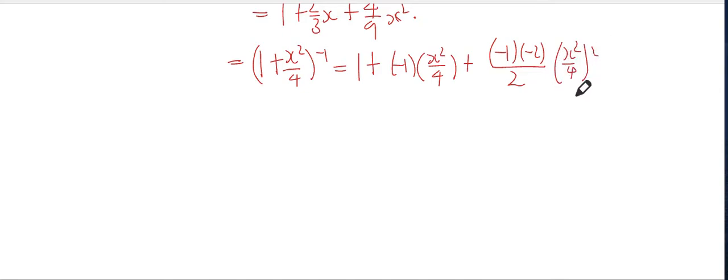Okay, so I have 1 plus x squared over 4, to the power of -1. If I expand this, I have 1 plus -1, and -1 is n, so it should be x squared over 4, plus -1, -2 over 2 factorial, which is 2, and then x squared over 4 to the power of 2. So if I expand this further,